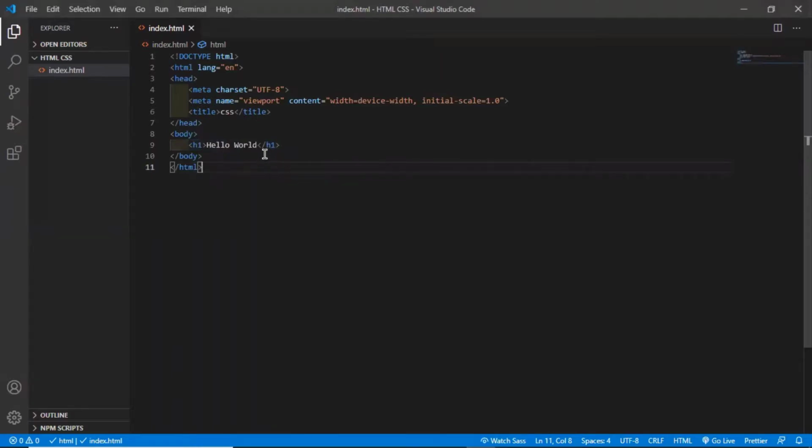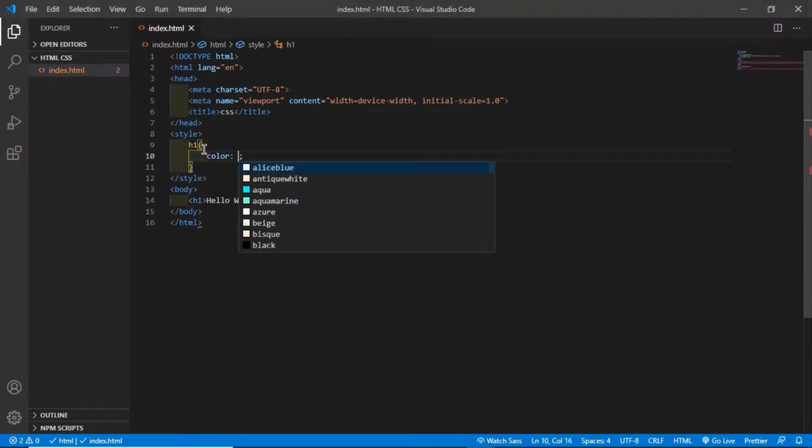To give styling to this H1, there are three types. Fine. So the first is, I told you about internal. What internal does is that you simply go here, write style, and you create an element of style. Now if I put H1 and give it, let's say, color red.